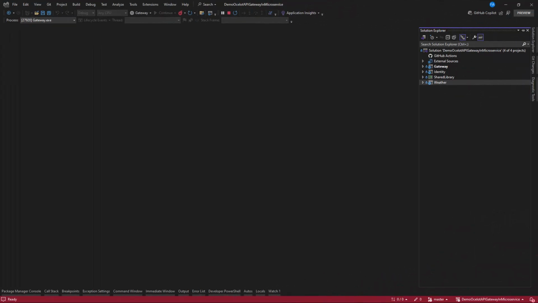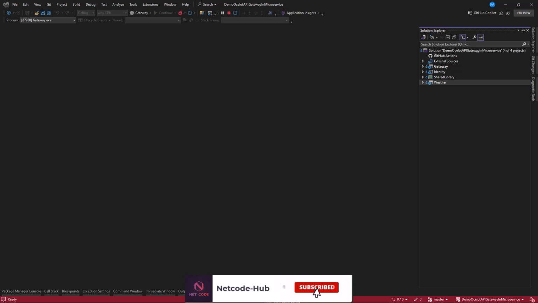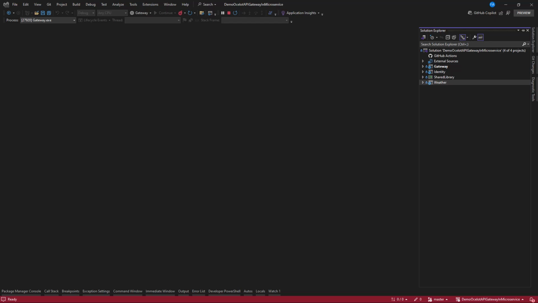In today's video, we are diving into an essential aspect of securing our microservices architecture, and that is adding JWT authentication to our microservices that use Ocelot as an API gateway. If you have been following along, you know we've already created our microservices and set up Ocelot to redirect all API calls seamlessly. Now is the time to add an extra layer of security.